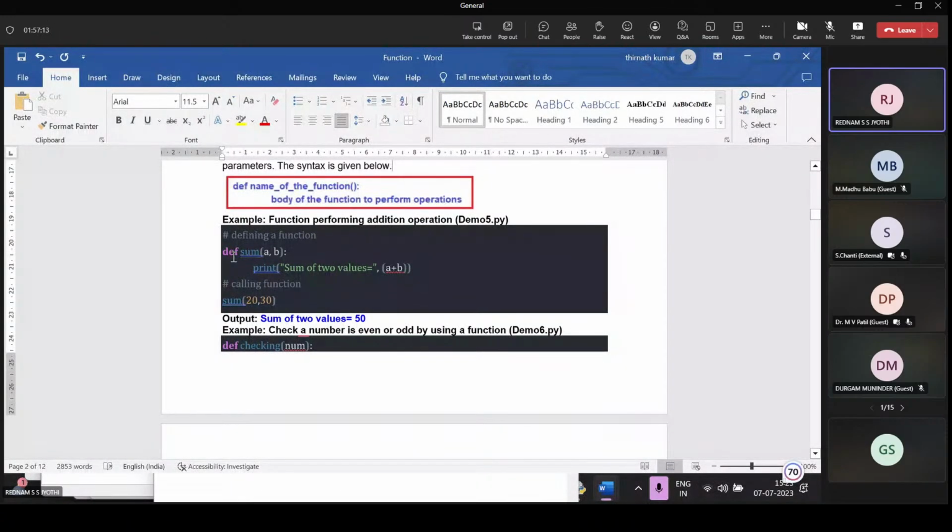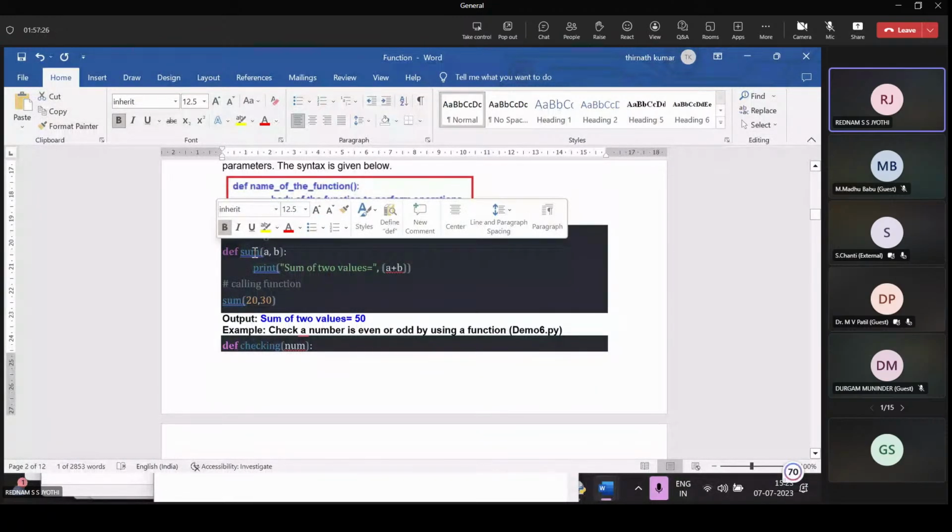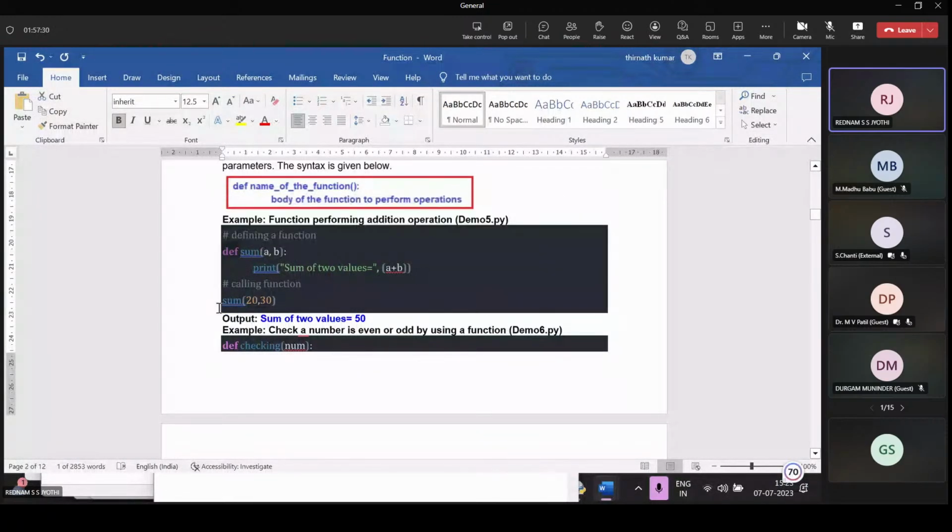Function performing an addition operation. def is used for a user-defined function. If you want to write a user-defined function for performing addition of two numbers, first we write the def keyword followed by the function name and a, b. Print sum of two values a plus b. Calling the function: sum(20, 30).